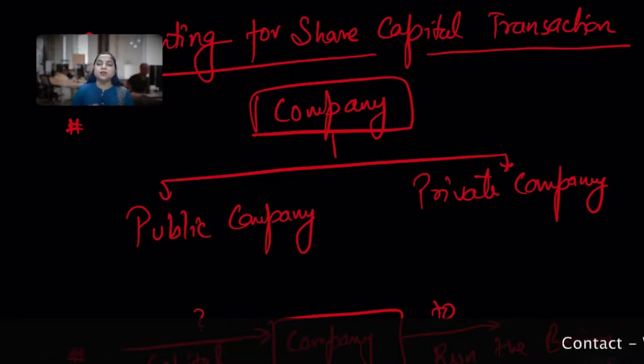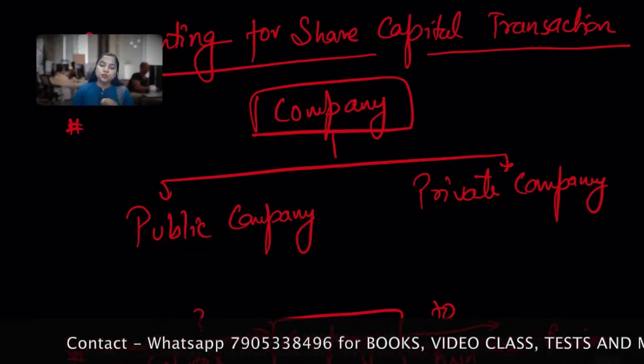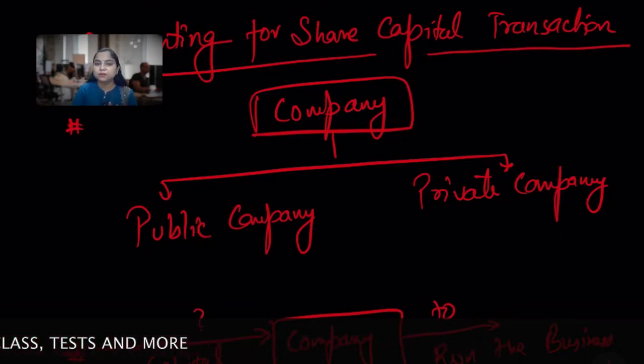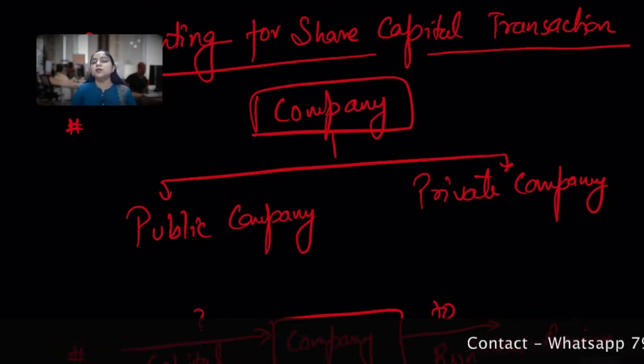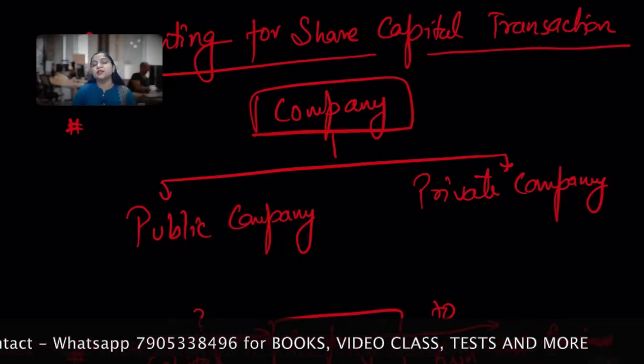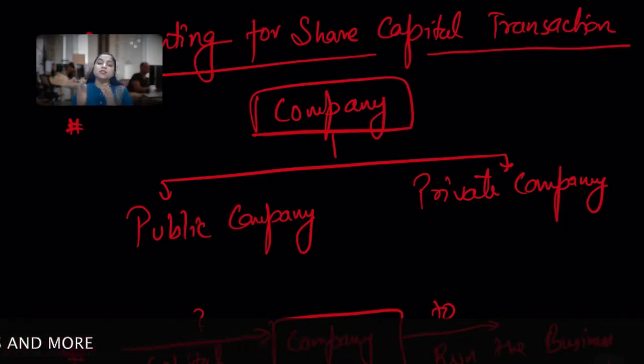ठीक है, लेकिन पब्लिक लिमिटेड कंपनी क्या होती है? दे आर ओपन एंड फ्री टू इन्वाइट द पब्लिक। पब्लिक को बोलते हैं तुम मेरे शेयर्स ले लो, अभी मैं बताऊंगी आपको कि शेयर्स क्या होते हैं, तुम मेरे शेयर्स ले लो, और वो शेयर्स बाय करते हैं, इससे कंपनी को क्या मिलता है? कैपिटल मिलता है। तो कंपनी प्रॉस्पेक्टस को इशू करती है, अंडरराइटर की मदद लेती है और डिफरेंट मोड्स के थ्रू, एज पर द रिक्वायरमेंट, कंपनीज एक्ट 2013 की मदद से अपने सारे प्रोसीजर्स को कवर अप करती है।